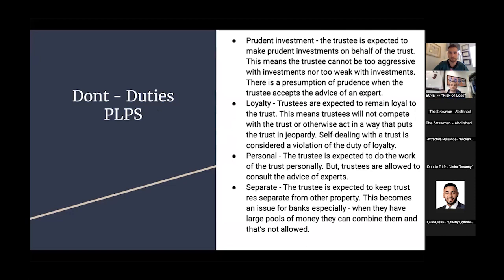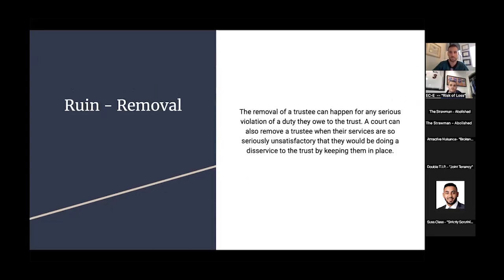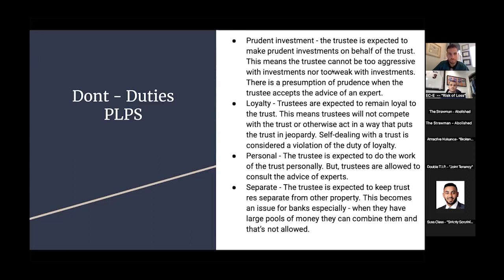Joe, the family attorney, is just really bad at his job. Maybe he's doing all these things fine, but he's just really bad at it. To be better at it, then they can remove them. And so the first one is really a legal issue. You're going to go through these duties. Did he violate these duties?